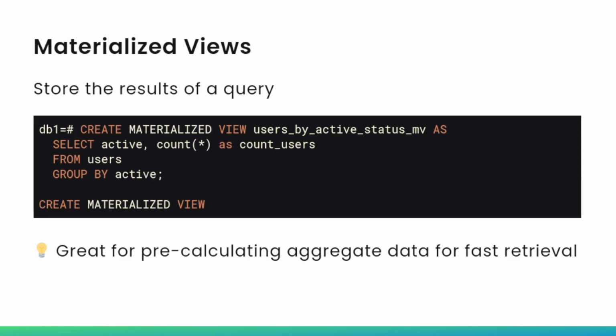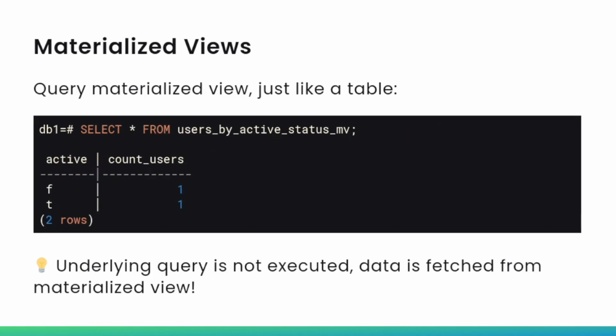So create materialized view followed by the name, as, and a query. In this case, we want to get a count of all the users by the active status. So now we can query this materialized view just like a table. Select star from users_by_active_status_mv,